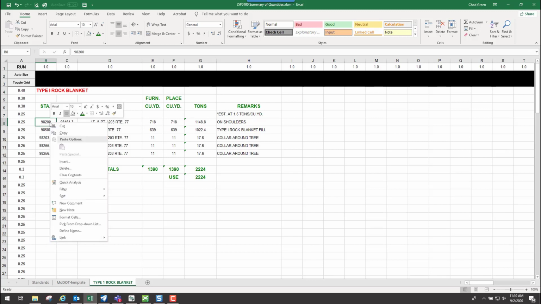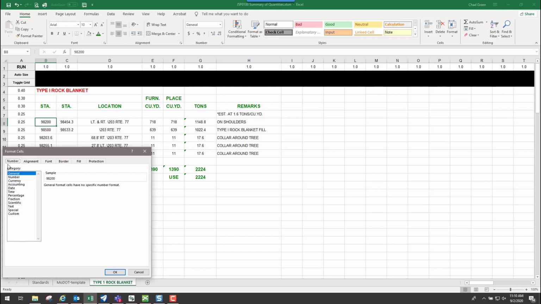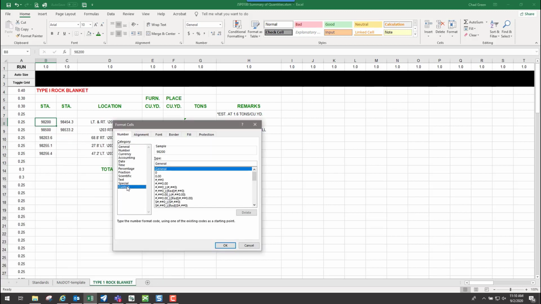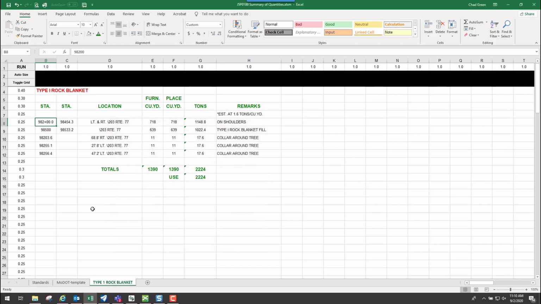To do that, let me go ahead and right click over one of these and go to Format Cells. And if you go to the number tab and then go to Custom, you can go underneath here and put a customized one underneath there. So if I wanted 000 plus 00.0, and then I click on OK, it'll actually show me that plus beside here, but on your actual cell here, it still sees it as a number if you wish to utilize that.